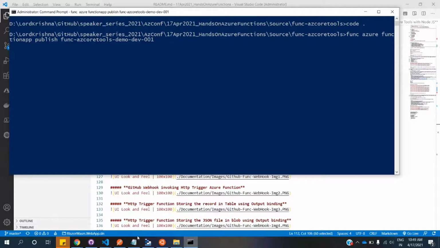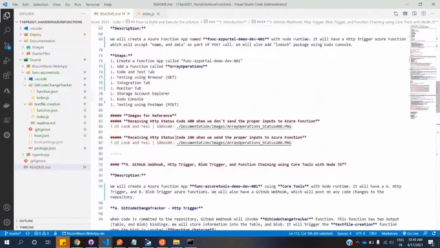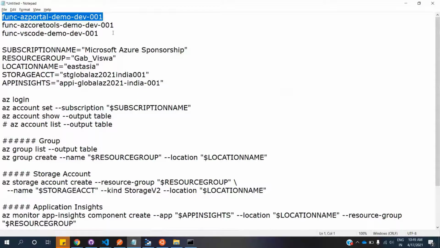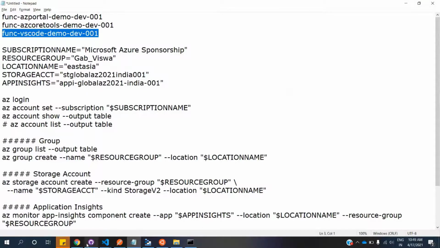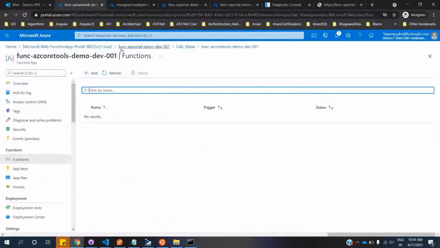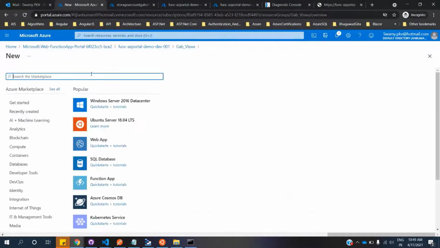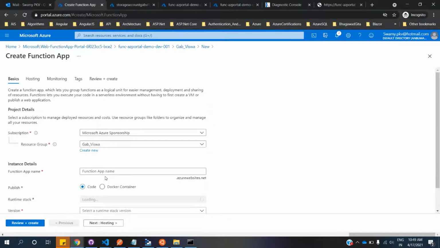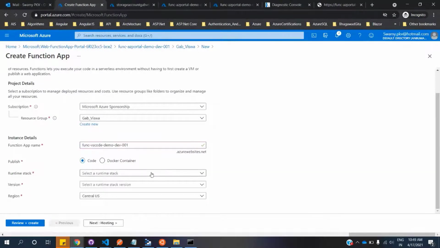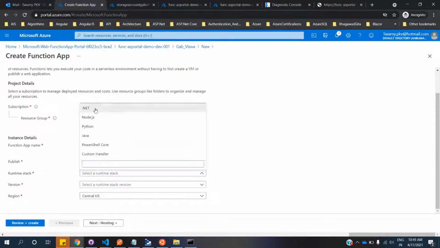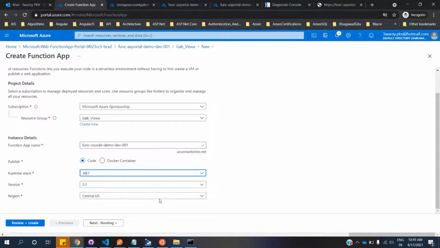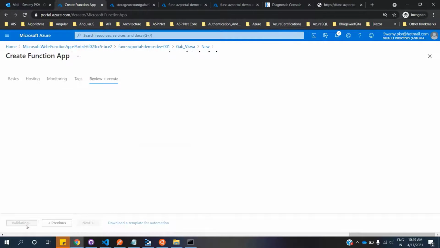While it is deploying, let's go ahead and create another one just to save in the interest of time. So the VS Code demo, we need another function app, because that's where we are. Runtime stack is .NET, and it's in East Asia, and I do review and create.